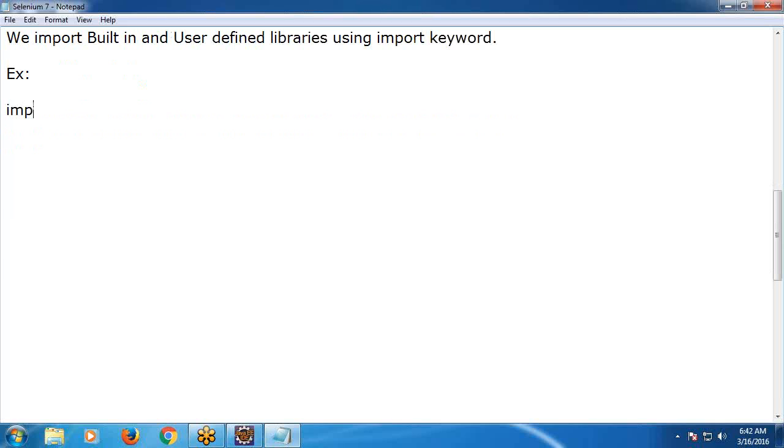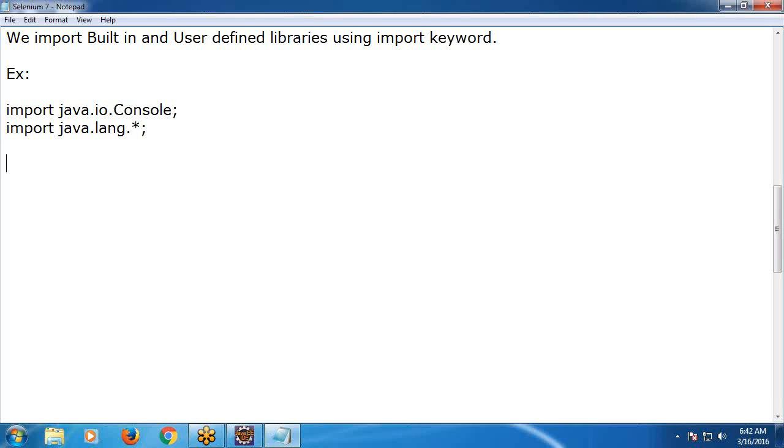Concentrate. import java.io.Console; What is Java, what is IO, what is Console, I will explain. Just observe. Next, another one, import java.lang.*;